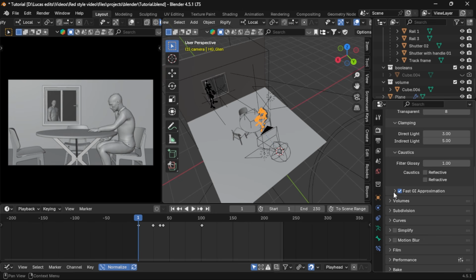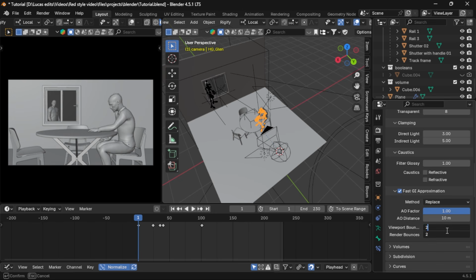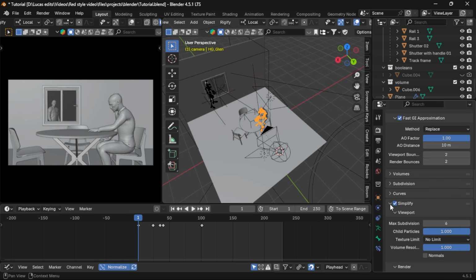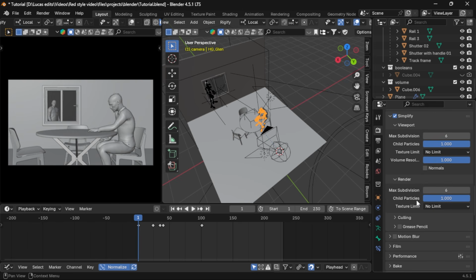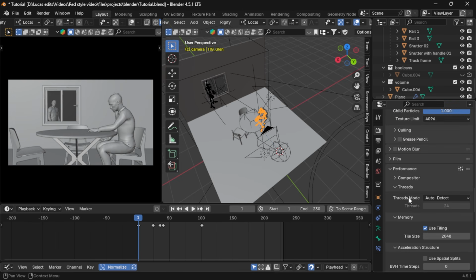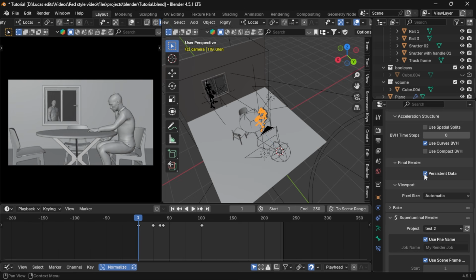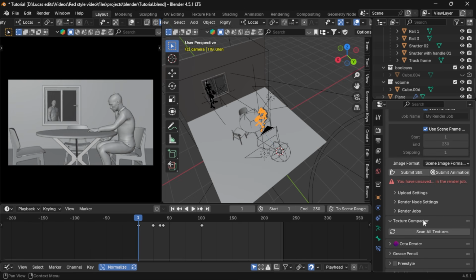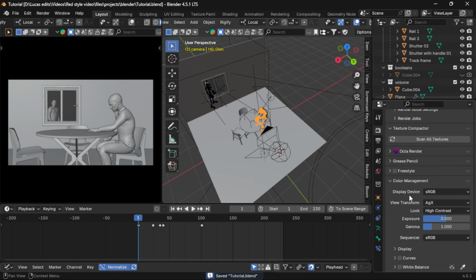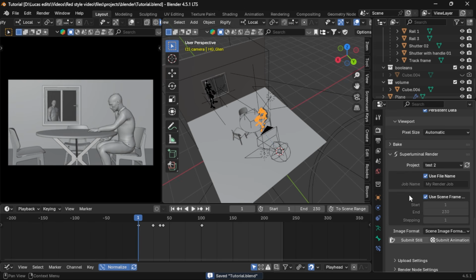Then I'm also going to activate fast GI approximation and set it to 2 bounces. Now in simplify, I'm going to set the texture limit to 4K. Now here in performance, I'm going to activate persistent data, and I think everything else is fine. Let me see. And I'm going to send this job to